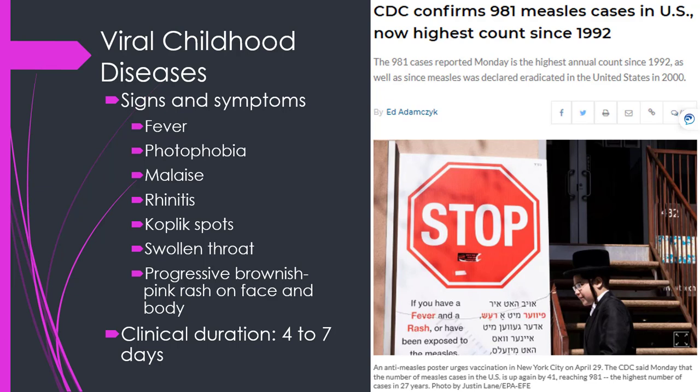A communicable period occurs when a person with the measles can spread the virus to others for about 8 days, starting 4 days before the rash appears and ending when the rash has been present for 4 days. As of June 3rd of 2019, there are 981 cases of measles reported in the United States by the Centers for Disease Control. The occurrences are largely linked to travelers who return from countries with large measles outbreaks.